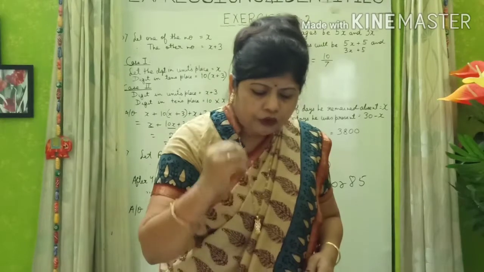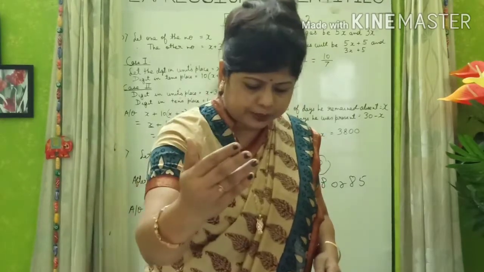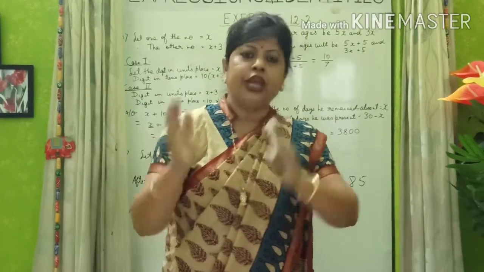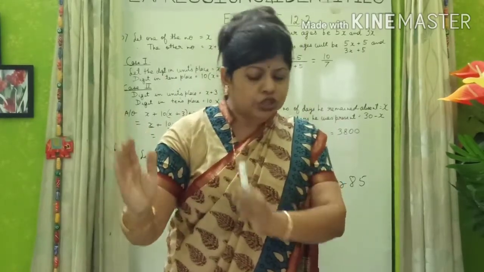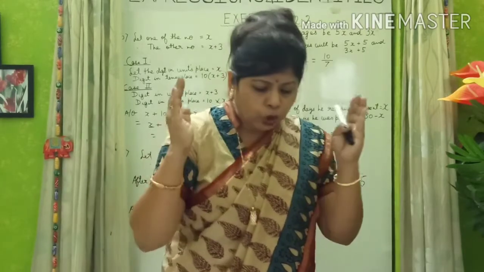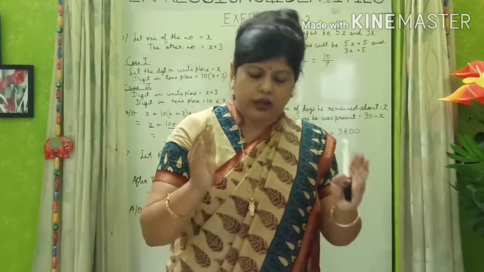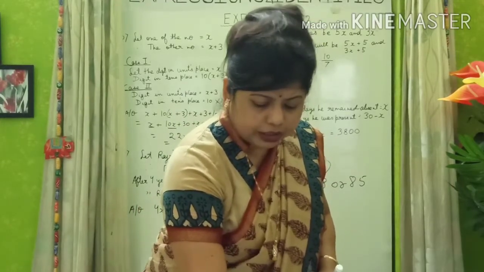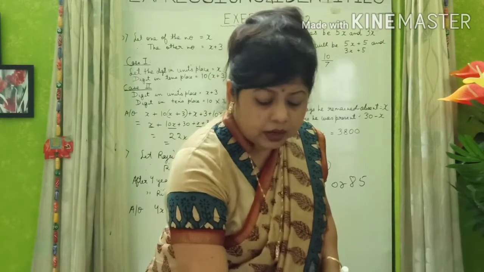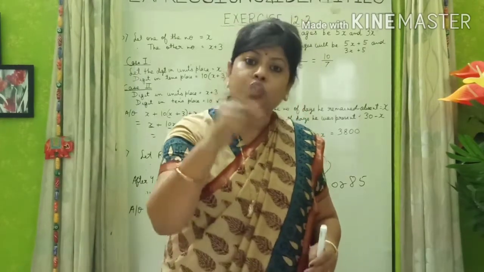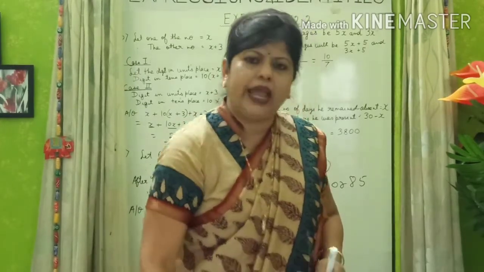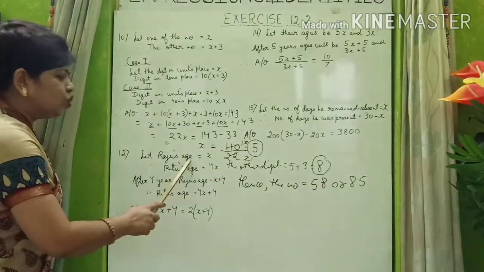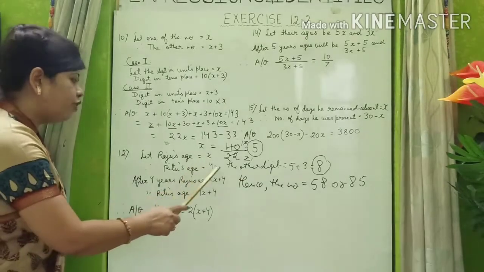4x. Now after 4 years, in 4 years time, that means you have to add 4 to both the ages. You have to add plus 4 to Ritu's age also. You have to add plus 4 to Raju's age also. Now, the question says, after 4 years, or in 4 years time, Ritu's age will be twice the age of Raju. So see the question. Let Raju's age be x, so Ritu's age 4x.